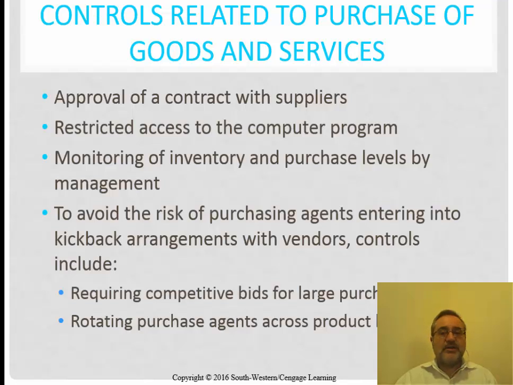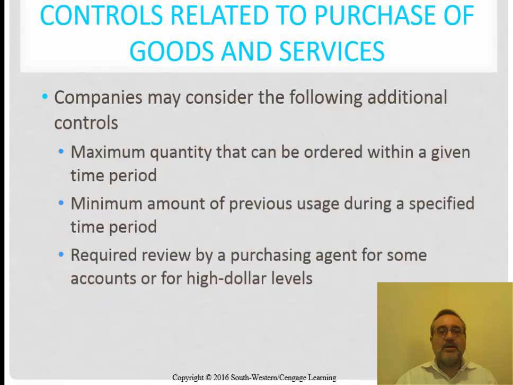So not only do we have the segregation of duties between departments, we need to also consider the controls within a very specific department. And so you notice here that within the purchasing department, we have some very specific issues that we need to contend with. Companies also need to consider other controls, such as the maximum quantity that can be ordered within a given period of time. Most of the modern accounting systems will keep track of quantities, will keep track of who's ordering what,